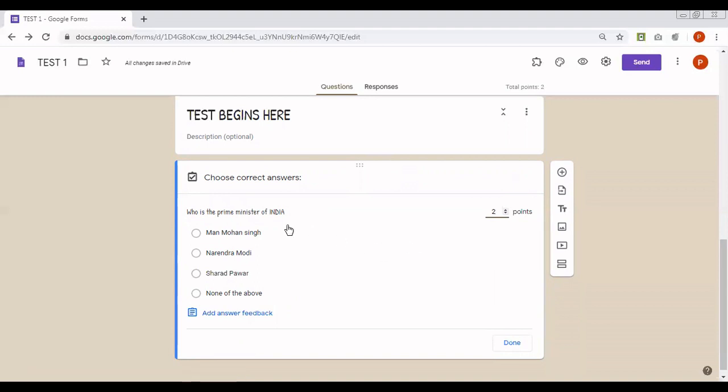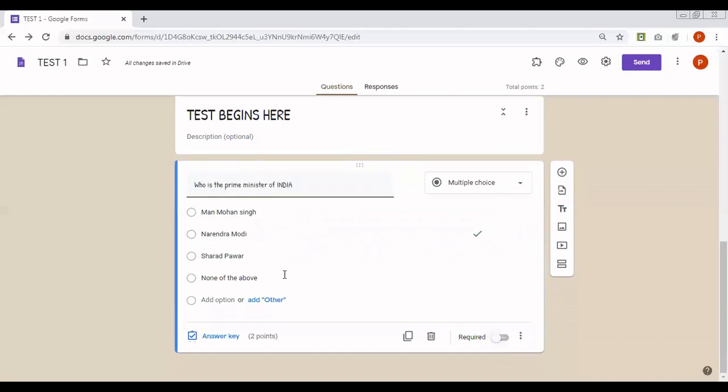Also, I would like to tell Google that for this question, the correct answer is Narendra Modi. What I do is I click on this and automatically it turns green, which means that this is the correct answer and it gets fed into the algorithm of Google Forms. You click on done and then this question is added.